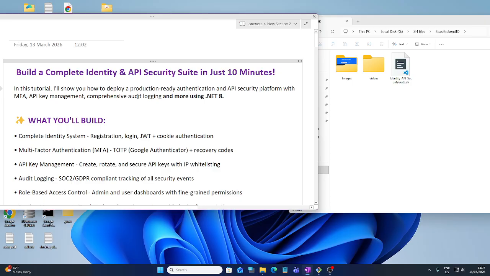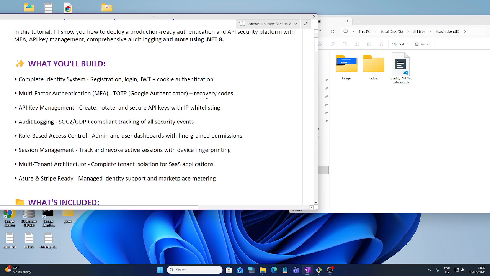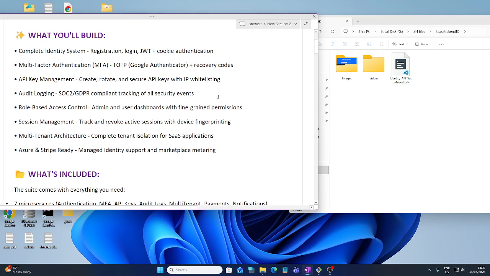I'll show you today how to deploy a production-ready authentication and API security platform with multi-factor authentication, API key management, comprehensive audit logging, and a lot more, which I'll be showing you later in this video. What we are building here is basically a complete identity system where you manage registration of your users with JWT and cookie authentication, multi-factor authentication, as I described earlier, API key management, audit logging, role-based access control system, session management